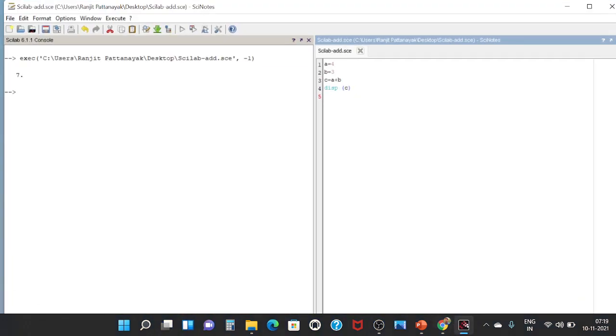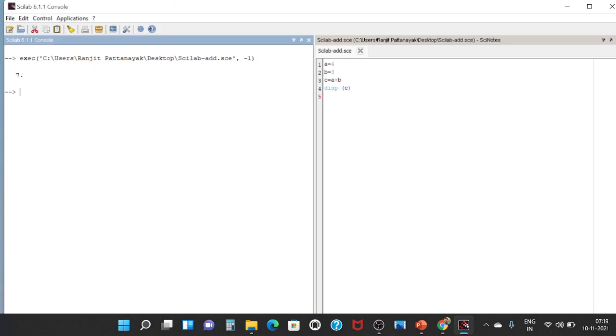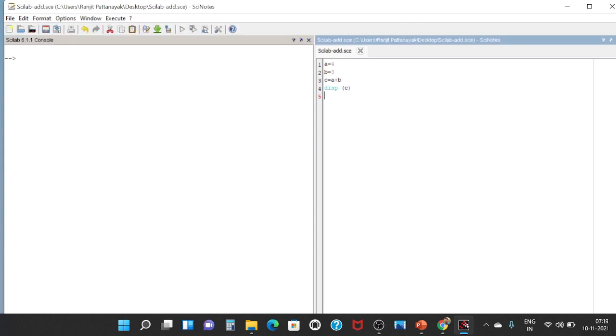Now you can see the answer is also given here. I am going to clear this console window again and run again. Whenever I want to run, I have to click over here, meaning the cursor will be in this command window. Then you can find these tools and you can find execute. If you saved your file you can click directly over here. If I click here, I get the answer, that is 7.